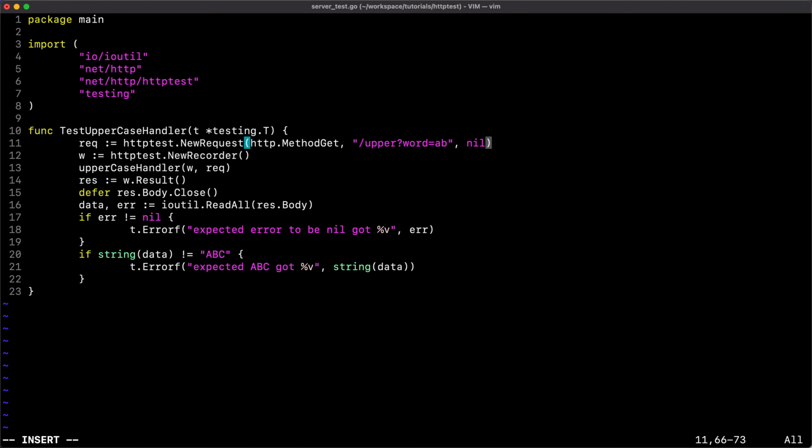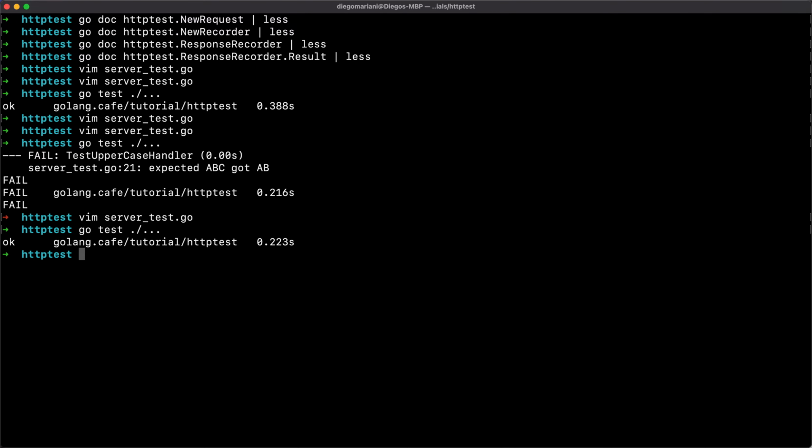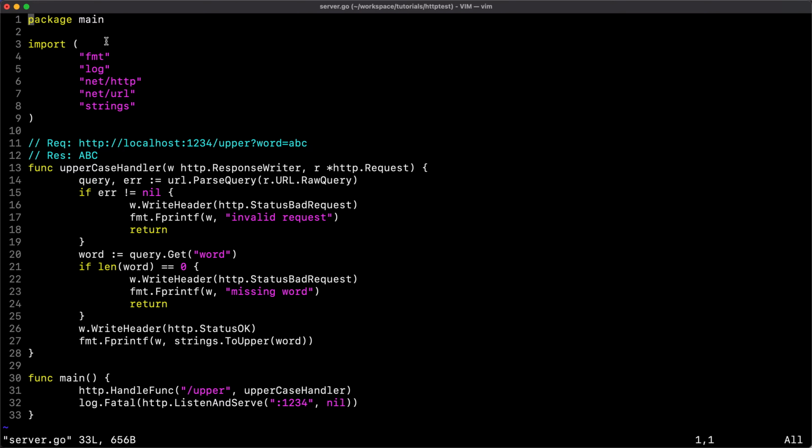We just need to pass the proper value. We run it again, and that's going to return OK, which is what we expected. So we just tested the server code, or at least specifically we tested the handler. So now the handler is being tested. We just tested one case. We just tested the API path.